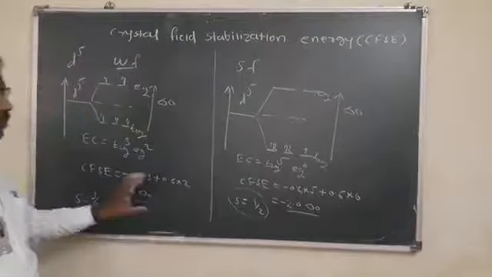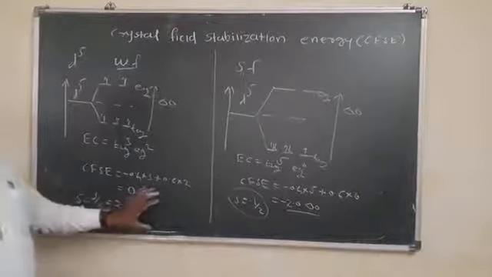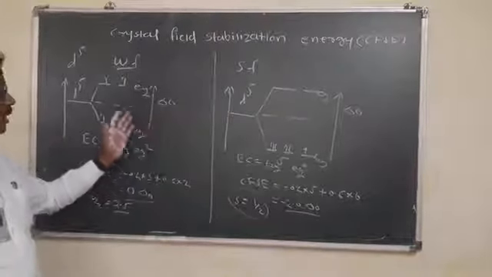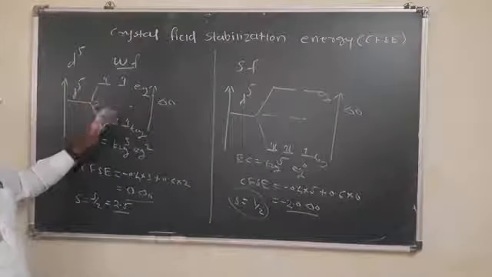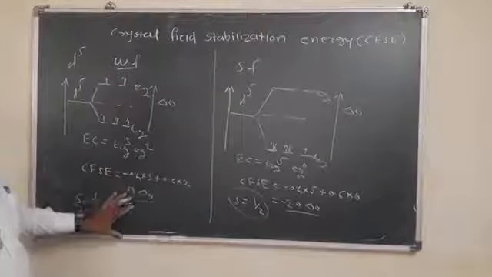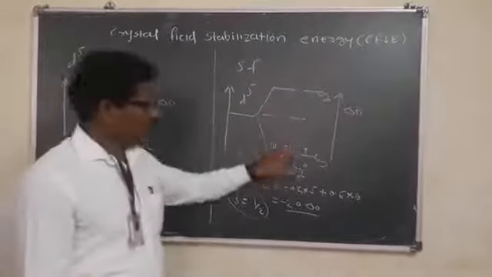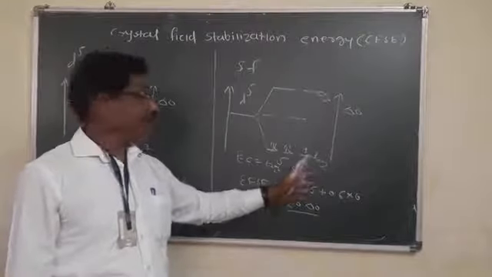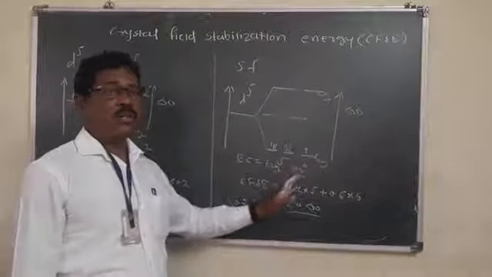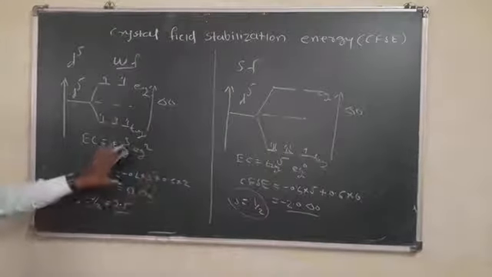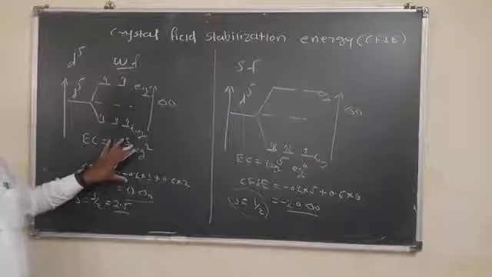Okay, the magnetic character depends upon the number of unpaired electrons in the t2g as well as eg orbitals. Here the 5 electrons are unpaired in the t2g and eg orbitals, therefore it has paramagnetic nature. The other is also paramagnetic, but less paramagnetic due to only one unpaired electron in the t2g orbitals. This is less paramagnetic and this is more paramagnetic in character.